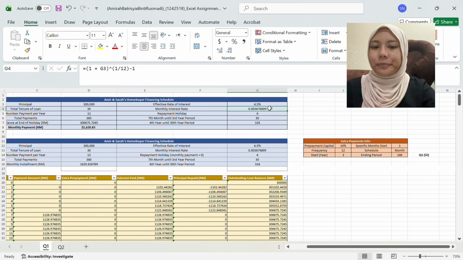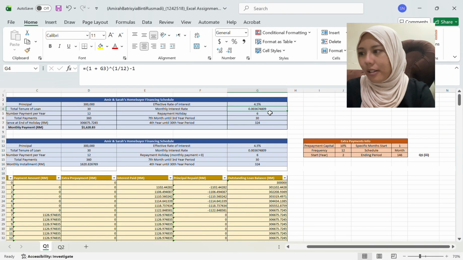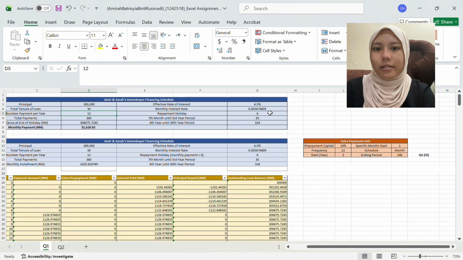0.367% per month. During the initial 6-month repayment holiday, no payments are made, but compounding interest causes the outstanding balance to grow. In cell D7, we calculate the accumulated debt at the end of month 6 using the compound interest future value formula here. This formula establishes the new debt balance before regular amortizing